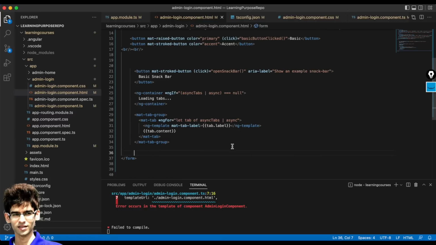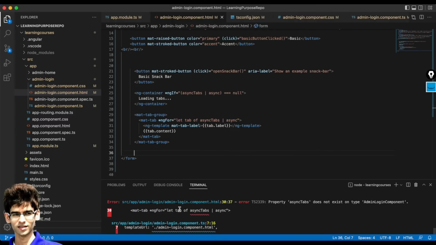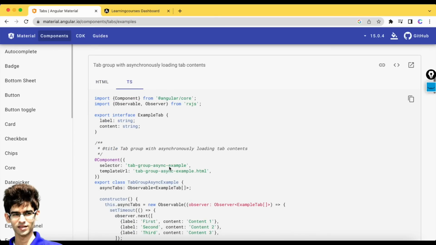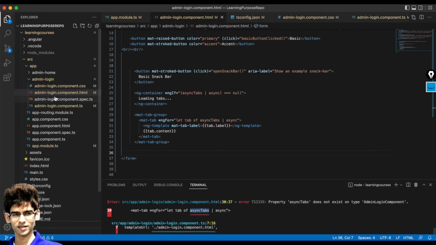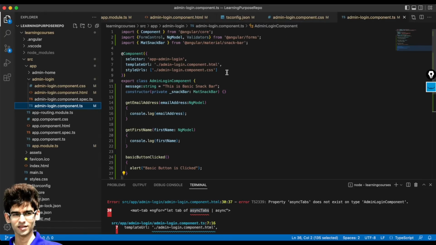Unless and until you try these things, you will not be able to solve the errors. So as you can see, we are getting the error here. Go to the TS file, constructor, inside constructor